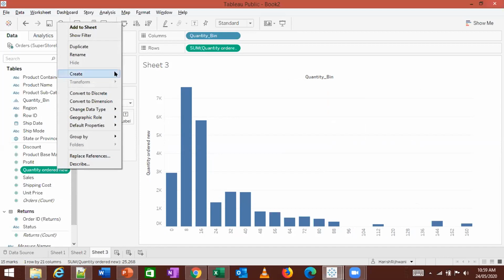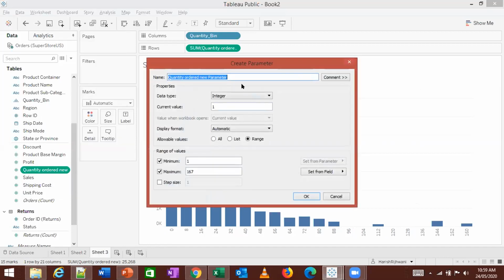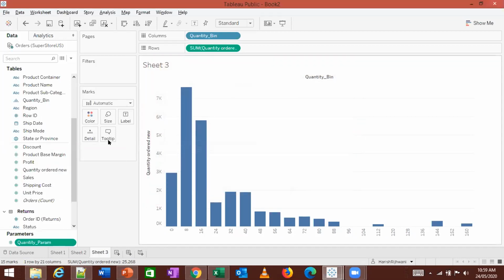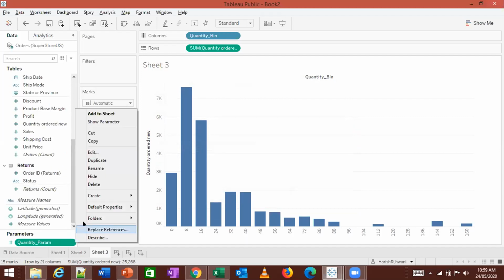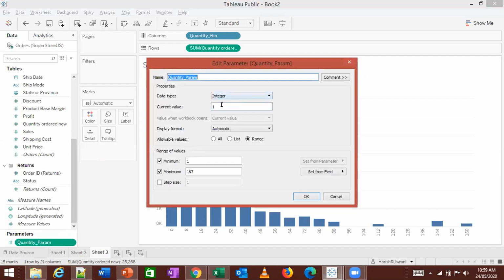I right click on that field and I create a quantity parameter. When I have that quantity parameter, I'll see something like this: the current value, minimum value 1, maximum value 167.